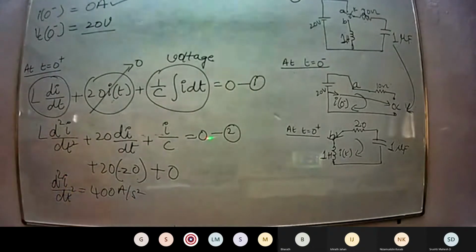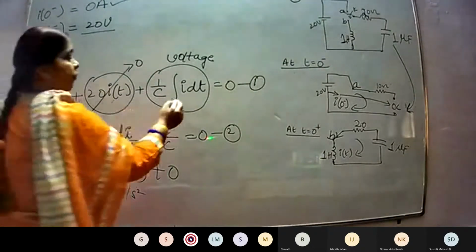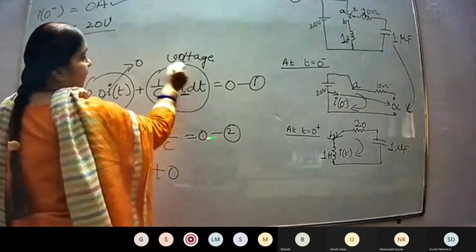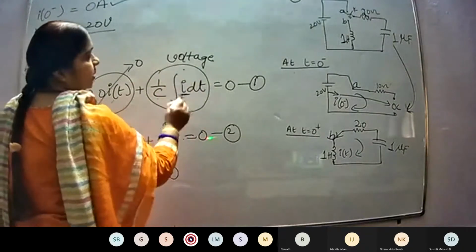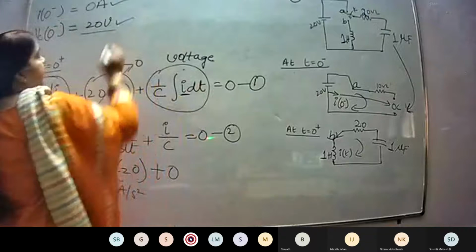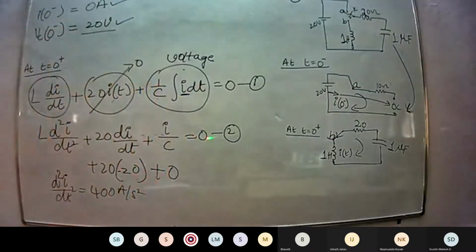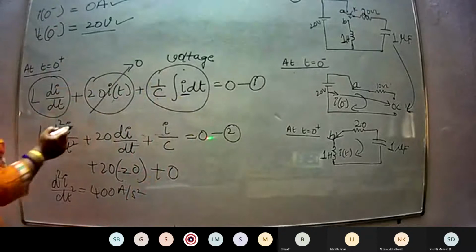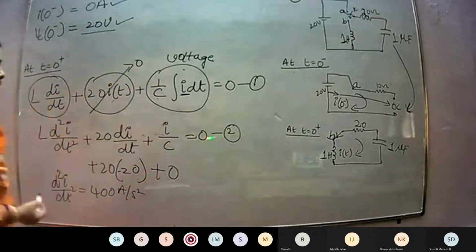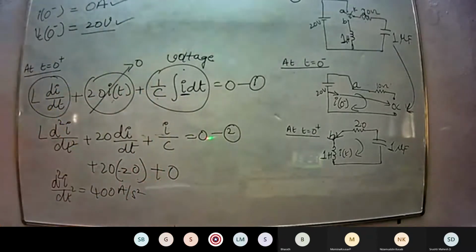Here the important concept is, you should not just think what to put for I, or how to do this. The complete term represents a voltage, and the voltage across the capacitor is 20 volts, so just substitute 20 there and you will get the first derivative. Then differentiate equation 1, you will get the second derivative. So these are the different concepts in the initial conditions. Getting it?